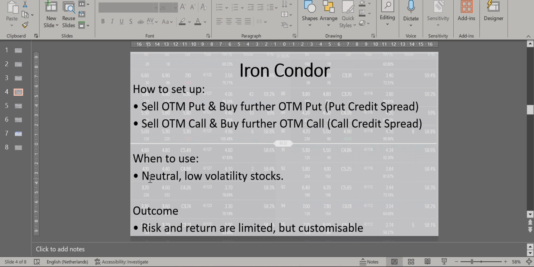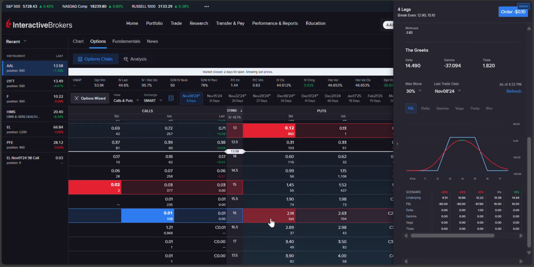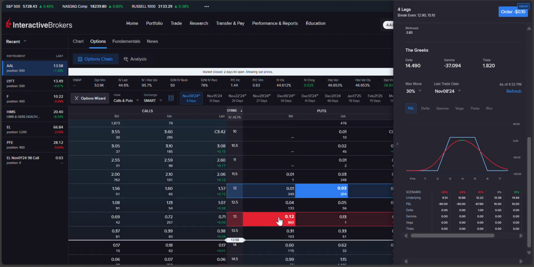Now, this of course is for neutral or low volatility stocks, which is what happens most of the time. All right, when you trade, the market is usually under low volatility. So this is usually one of those trades which give a relatively little profit, but it profits for most of the time. And of course, again, just like the vertical spreads, the risk and return are limited and customizable, because you can aspire to have more premium,